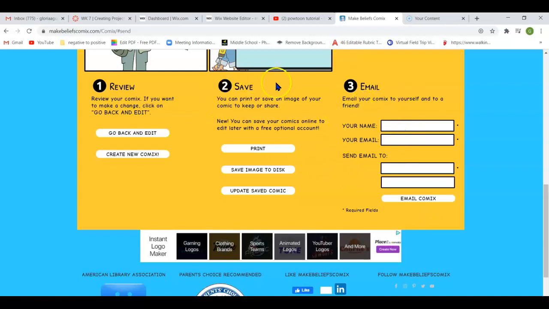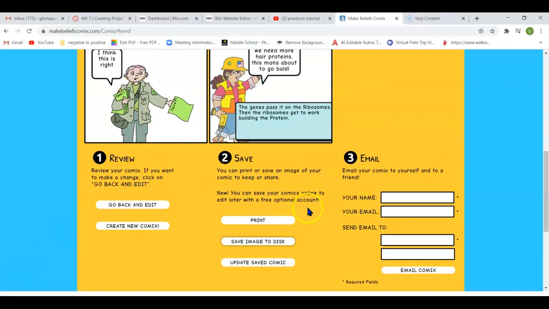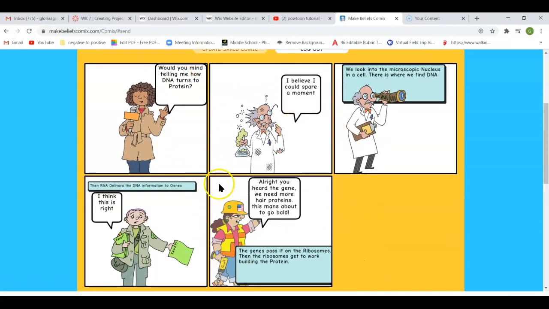Another way is number 2, as you can see right here. If you don't want a screenshot, you can save image to disk, which would just end up saving it. As you can see, it just downloaded right down here to your computer. So it's totally up to you. Those are 3 different ways. My personal favorite is just screenshotting when I finish my